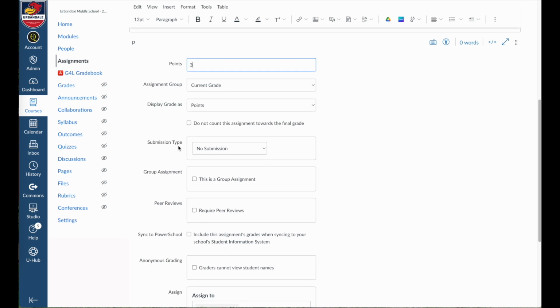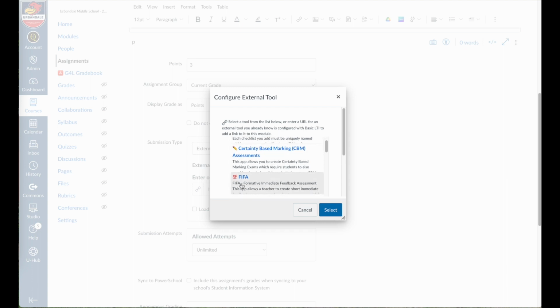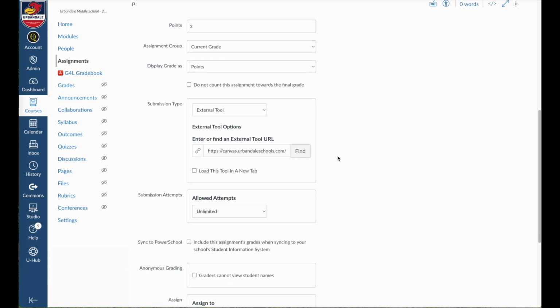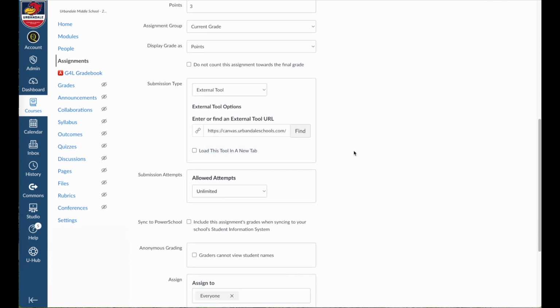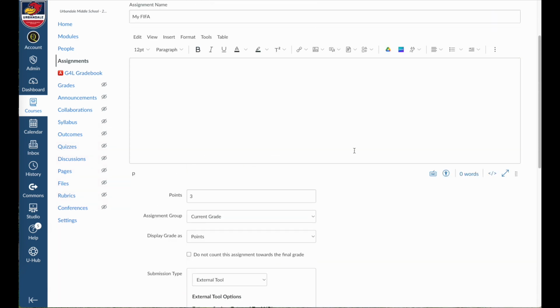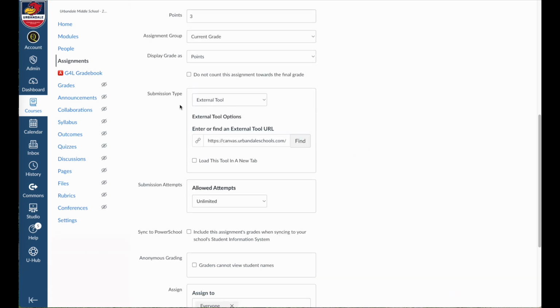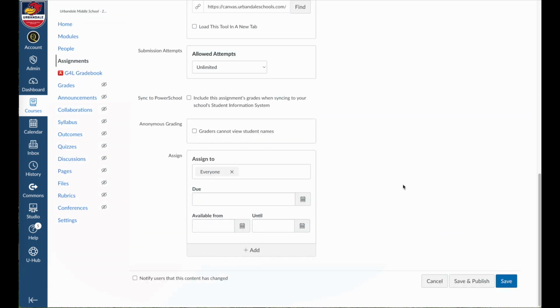Now the important part here is submission type. So you click here, and this is where you're going to add an external tool. We're going to do an external tool, and I'm going to click find that external tool, and there it is right there. FIFA is what I'm going to use. So I click FIFA, I click select, and I do not want to load it in a new tab. I want it to be embedded in this program. So everything else I'm going to leave the same. So the 2 important things in here: the number of points should equal the number of questions you're going to eventually put in the FIFA, and then the submission type is an external tool, and you got to click the FIFA external tool. All right, so if I click save,